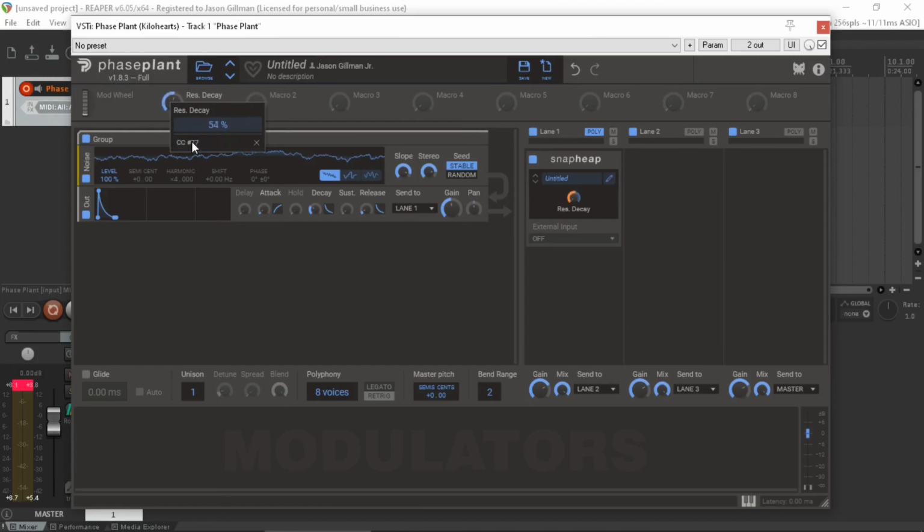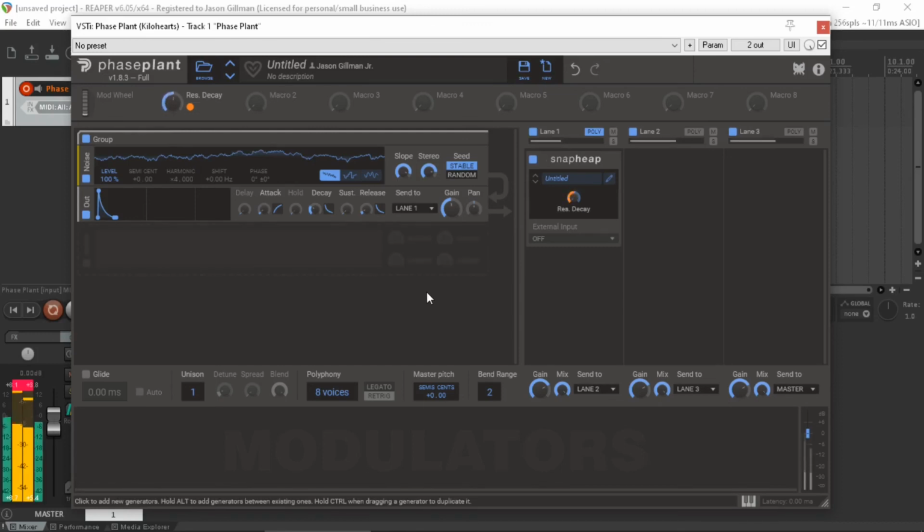I do it. And there we go. I can now control it right from the controller. Nothing fancy. Soft synths have that capability all over the place. But so